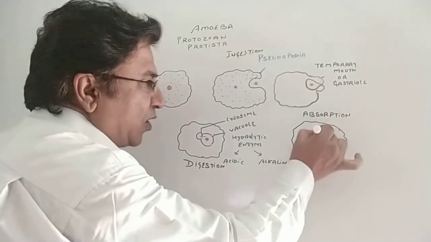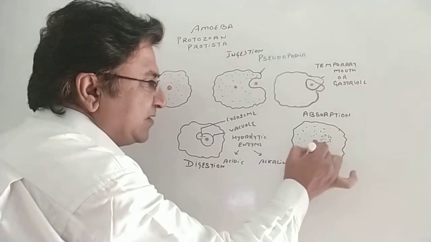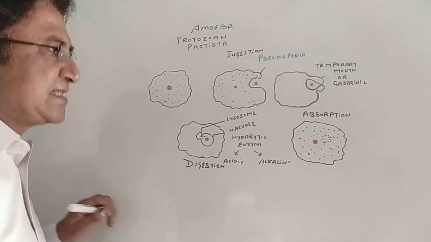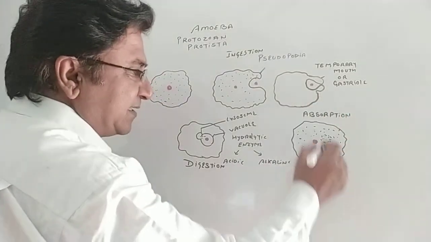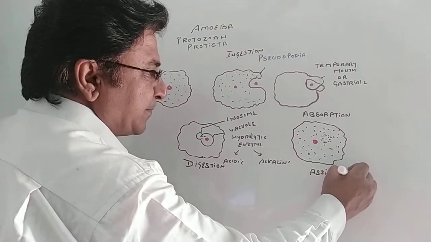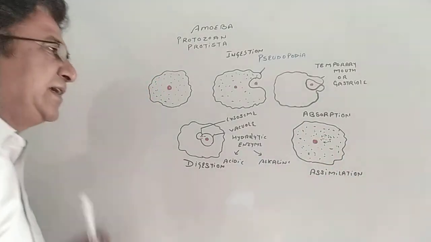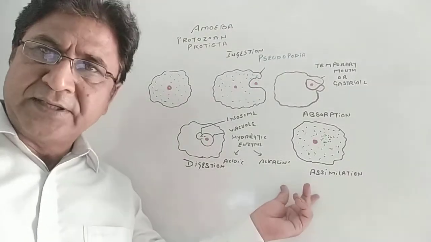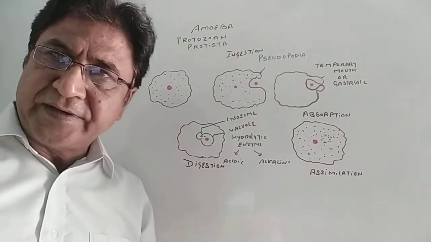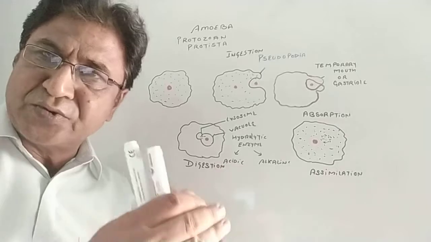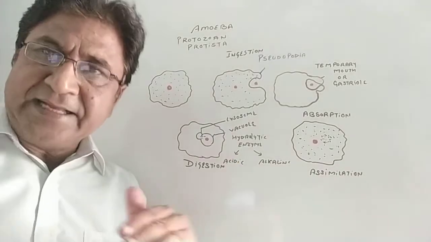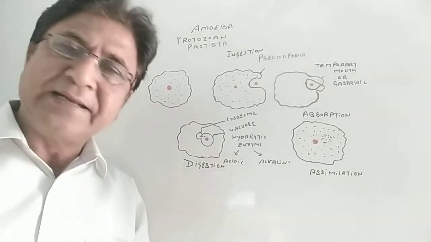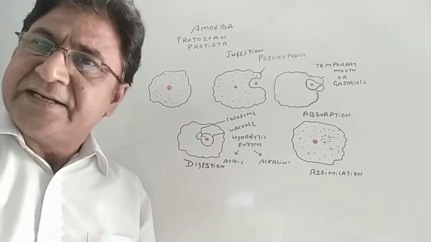Now, all this food material then becomes part of the cytoplasm, or you can say protoplasmic content. It is called assimilation. So direct absorption and direct assimilation occur. And this digested food material is then utilized by the amoeba for repair, growth, and also for the production of energy. Some part is also stored as food store material. And then by metabolic processes, many wastes are also produced in amoeba, like us. These wastes are then taken out.